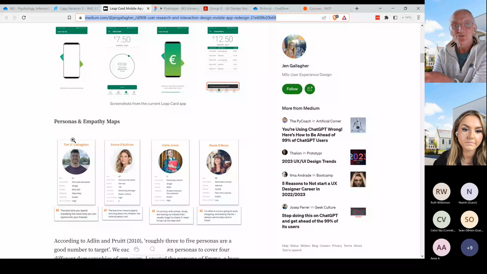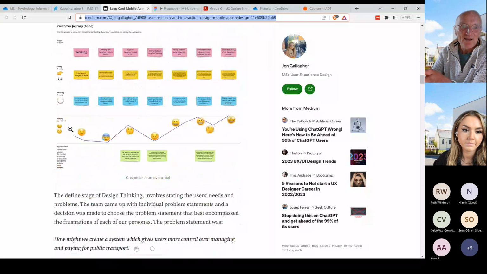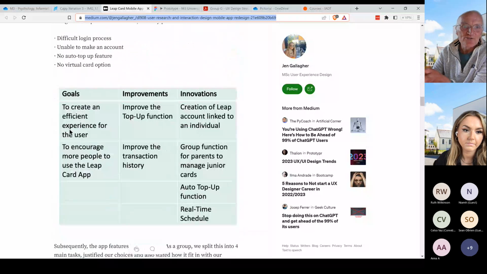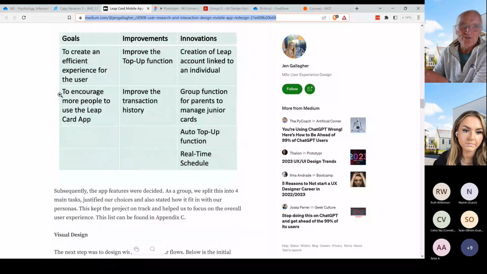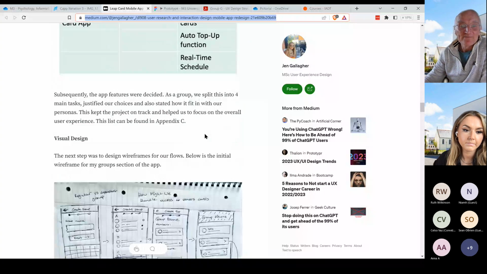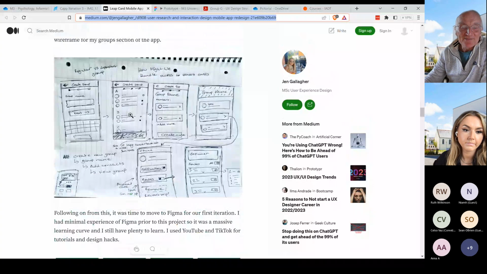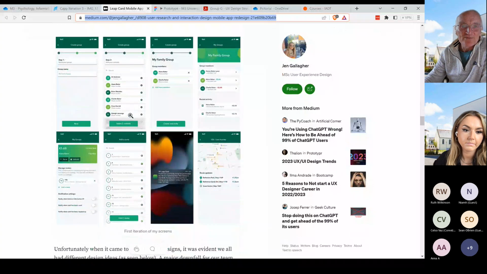So this is usually done through personas, customer journey maps, empathy maps. So how do you create those things? And then go through a design process where you have tasks, and you get people to interact with your prototype, and then look at what feedback you get back, and then go back and do a redesign. So this project would have started off as a paper prototype and moving on to wireframes.